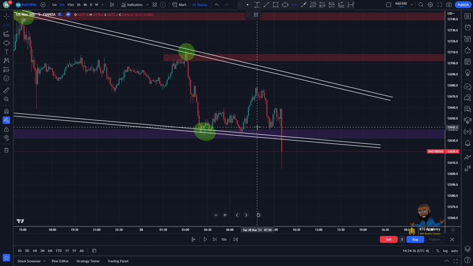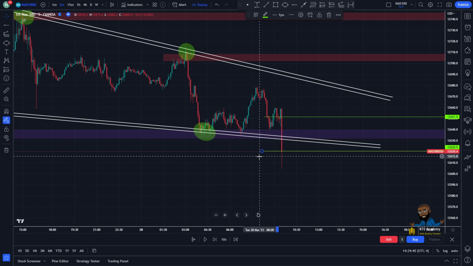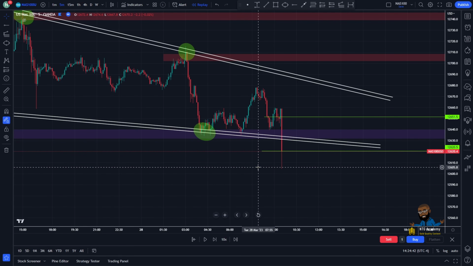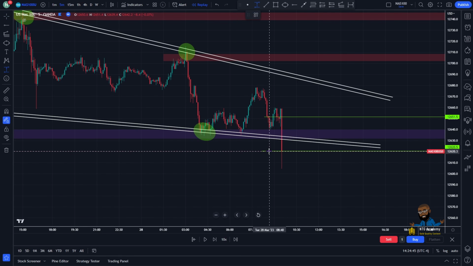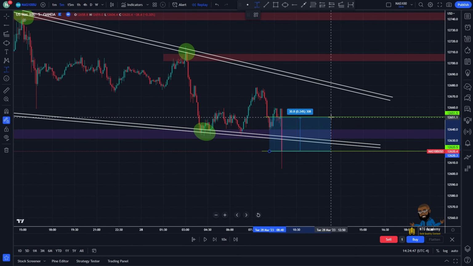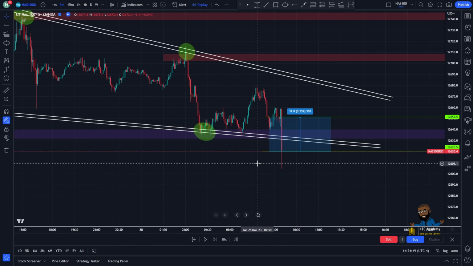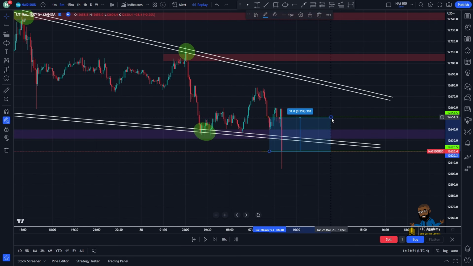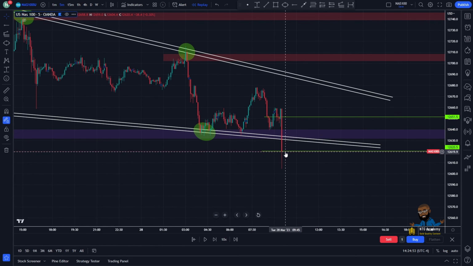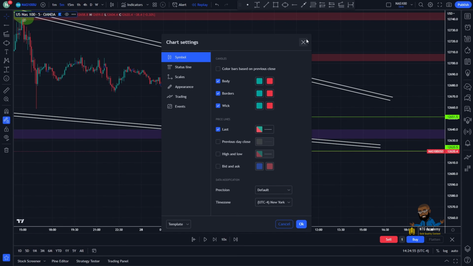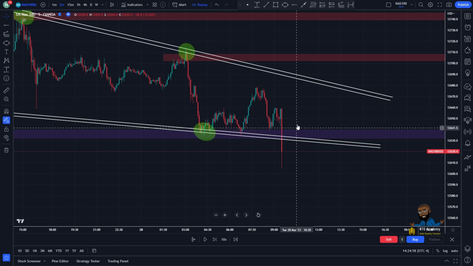So we have entries up here while everyone has entries at the break. So that's the effectiveness of that. And it was a 30 pip difference, a 30-point difference here, right? So we had already 30 points in profit before the break even happened. But like I said, you guys can still enter the break effectively here, okay?